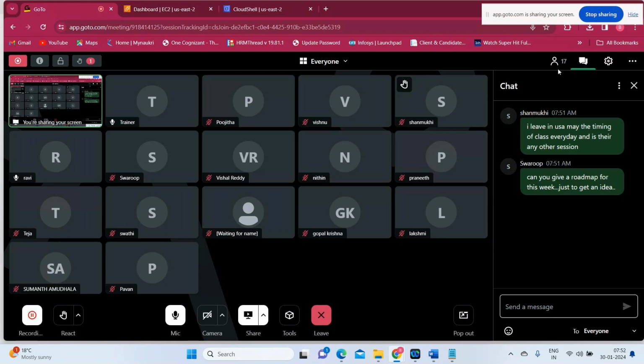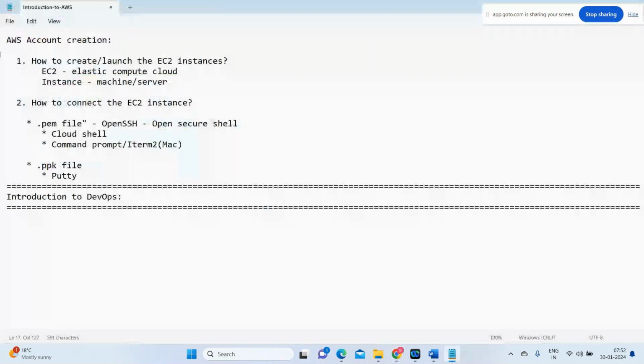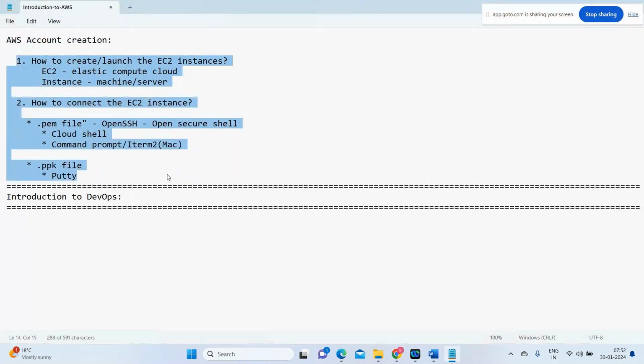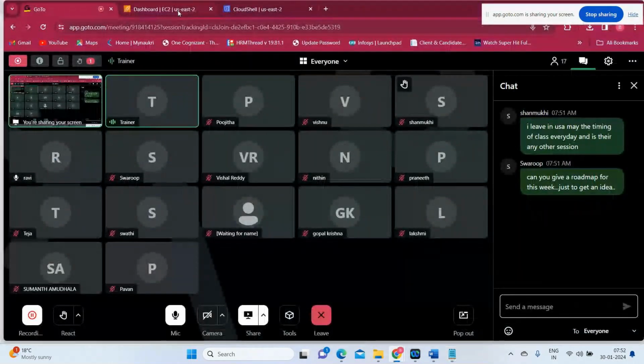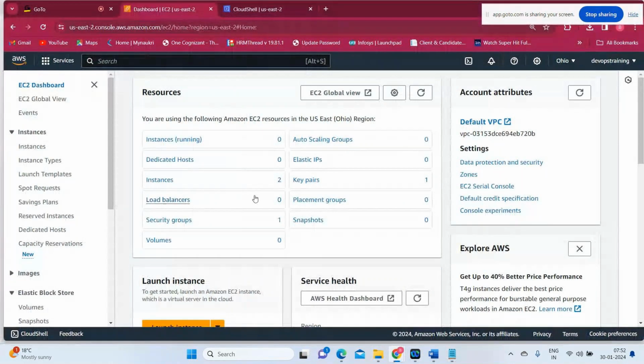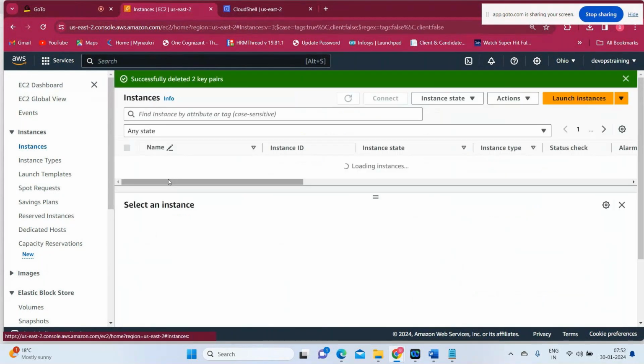So the roadmap for this week is that we'll be covering your introduction to the DevOps world, and we'll be starting a Linux segment, because first I want you guys to create this account. Be comfortable with creating a machine. How do you stop a machine? How do you terminate the machine? How do you use this? You should get a little bit habituated to this usage, or at least machine creation. AWS services we'll learn, that is secondary, but first I want you to get comfortable creating a machine